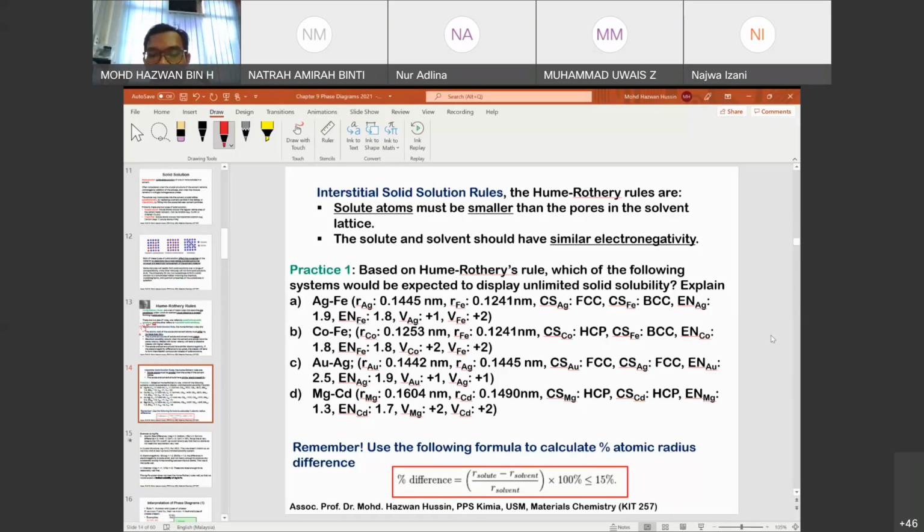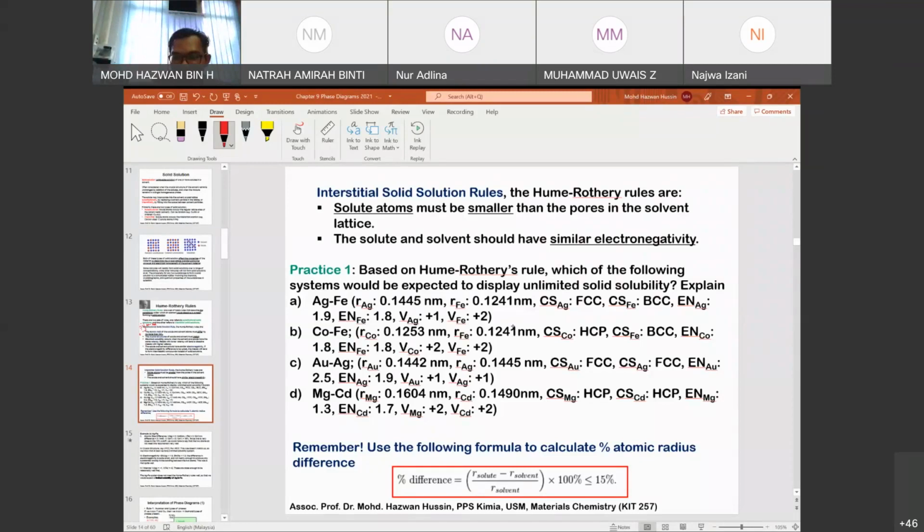And then if we calculate the atomic radius difference, is it okay? It is 0.16%. Okay. Then the valency, does it match? No. Okay, all right. So, as a conclusion, do you think that silver and iron will display unlimited solid solubility? No. Okay. So the reason is because